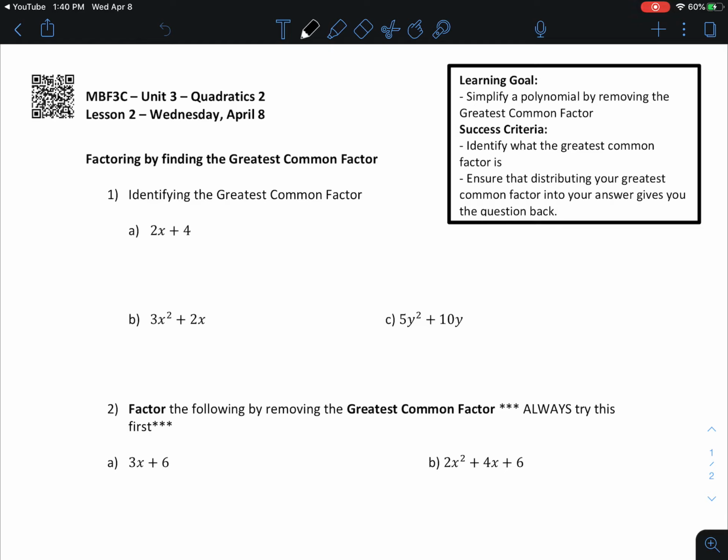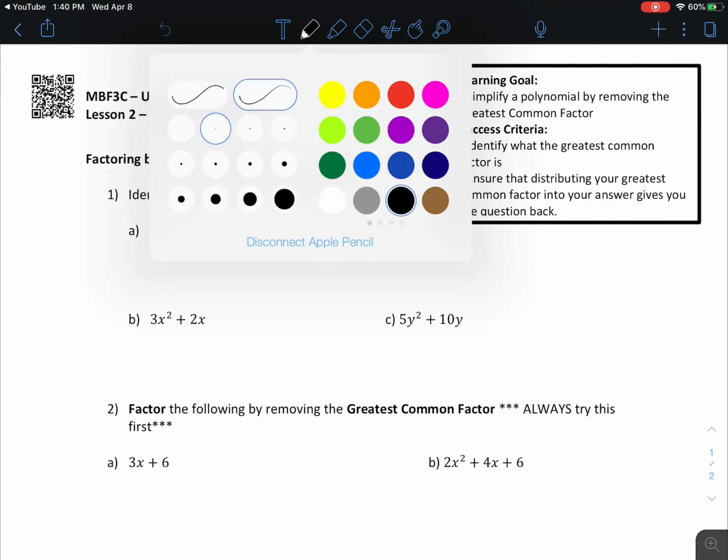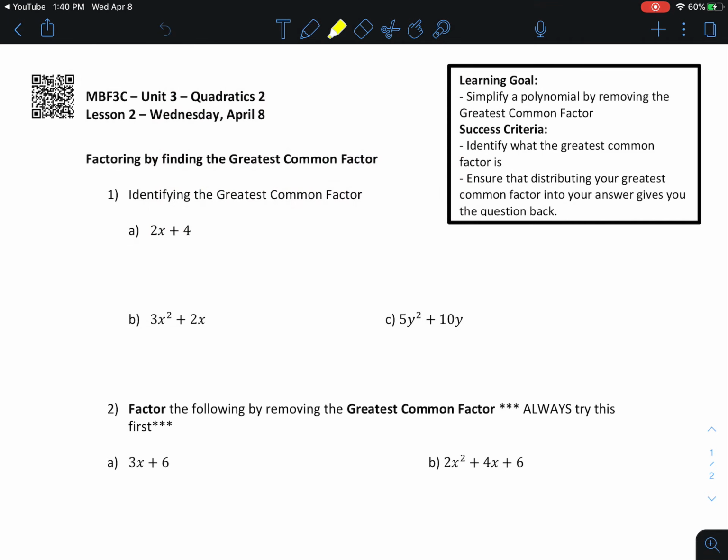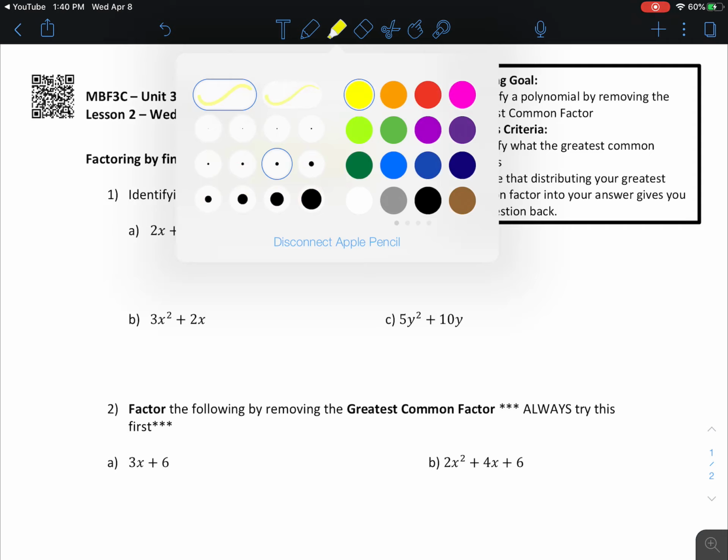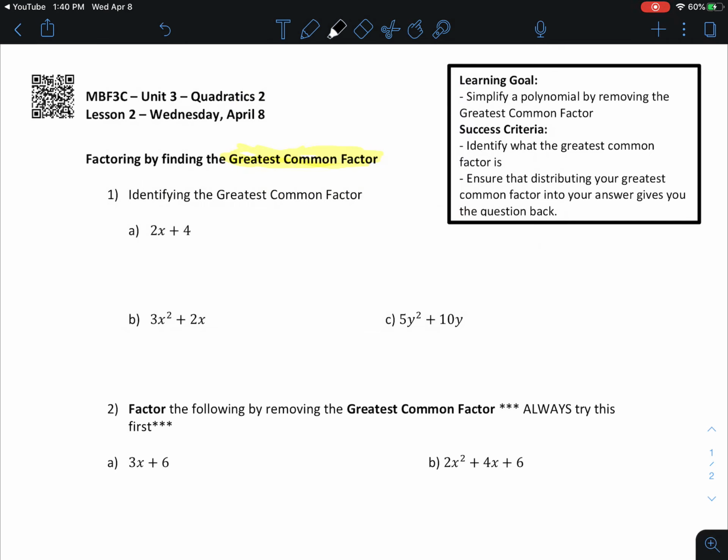So this is going to be the first step towards doing that, and we're going to do that by identifying what's called the greatest common factor. The greatest common factor is simply something that can be found by looking at what's there in the equation and removing it from the equation. So identifying it